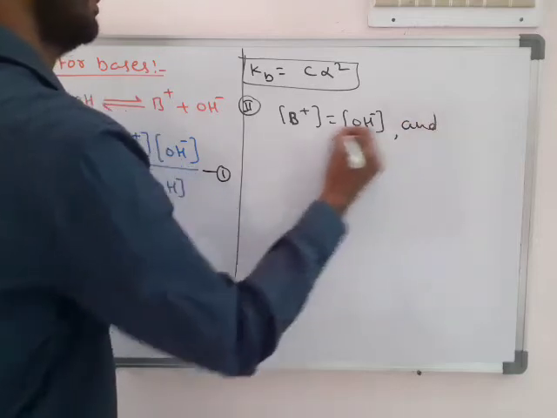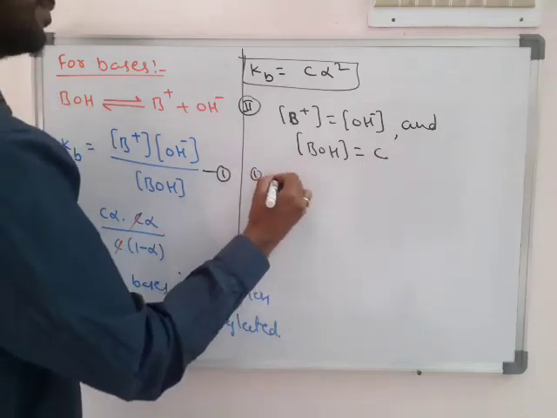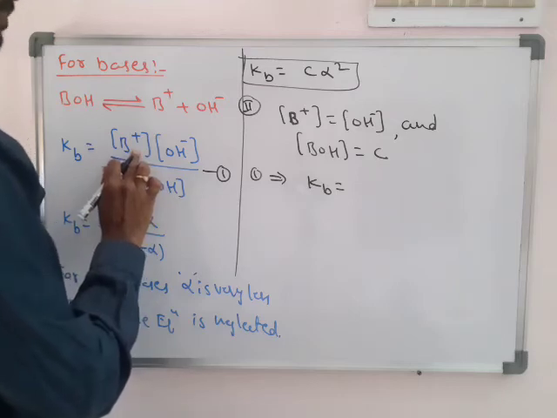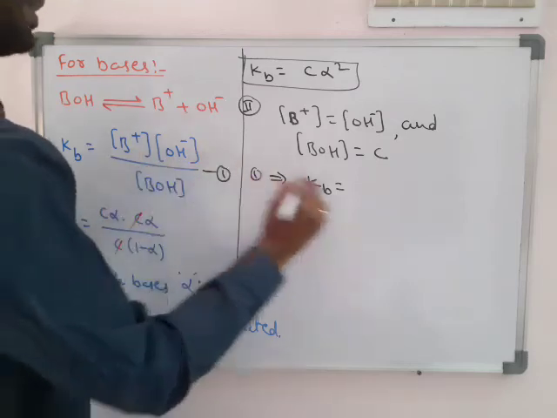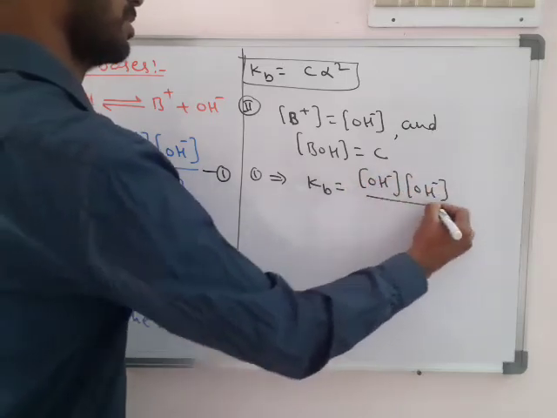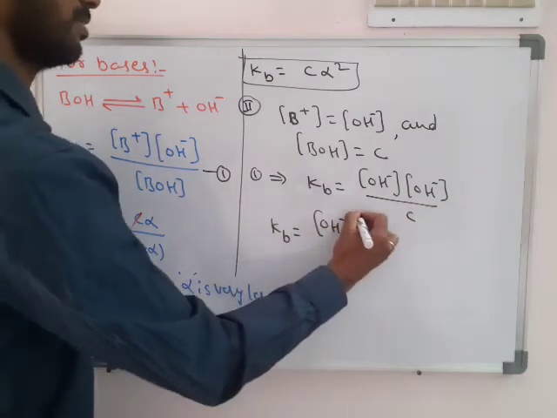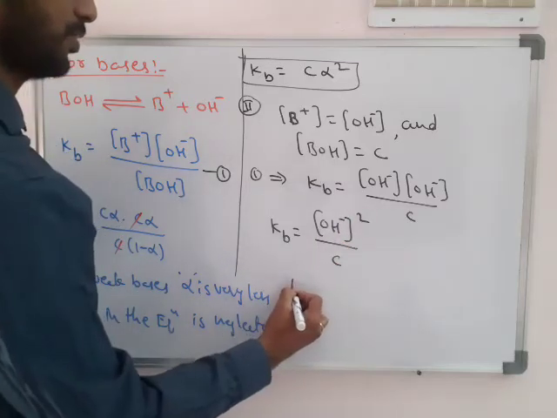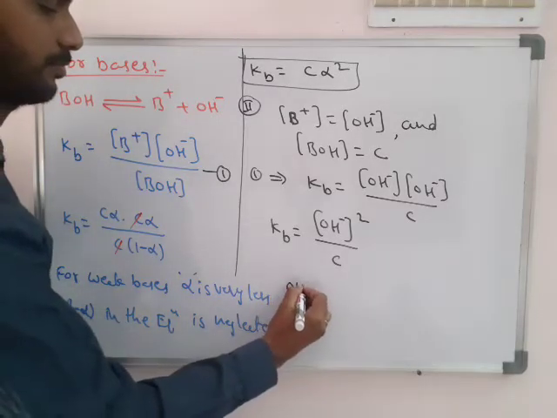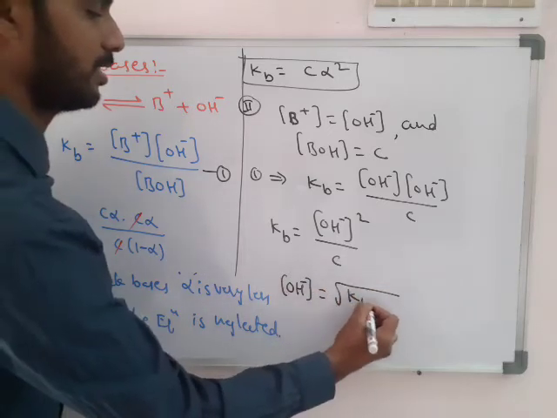Take the initial concentration of the base as C. By applying in equation 1, we get Kb is equal to, in the place of B plus we write OH minus, OH minus concentration by C. So Kb is equal to OH minus square by C. Therefore,